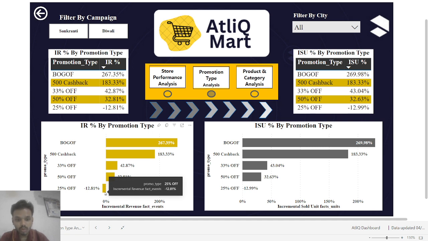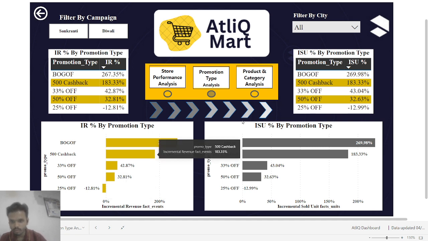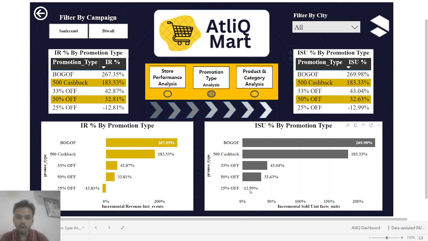It's been from right to left. Similarly, for ISU percentage, the same bar is looking similar. BOGF is the highest graph, followed by 500 cashback. 25% off is in negative value. Moving forward to product and category analysis,